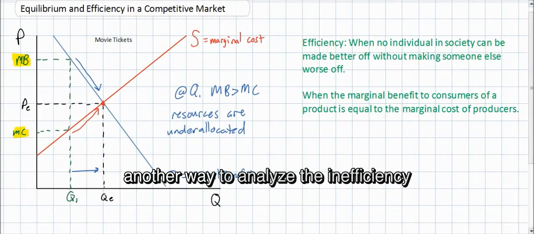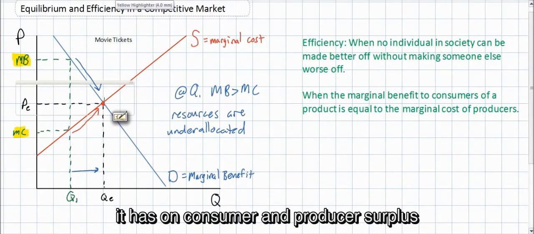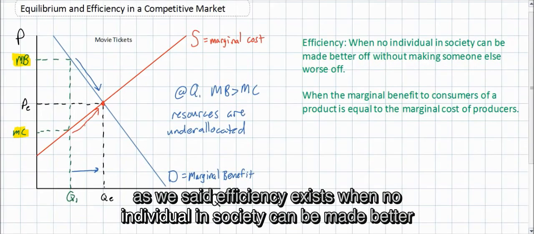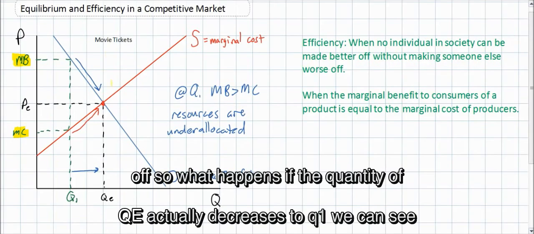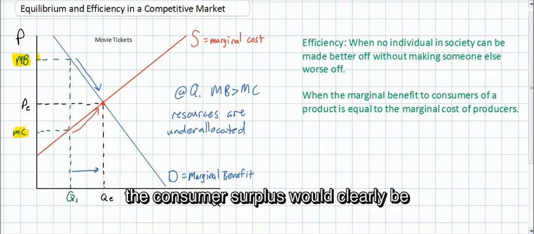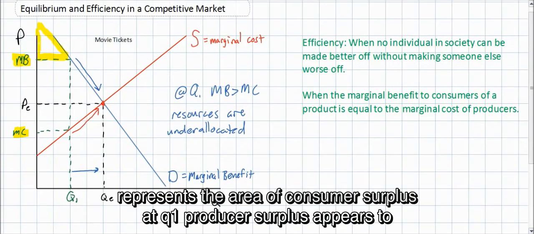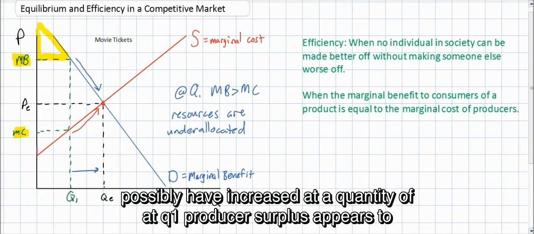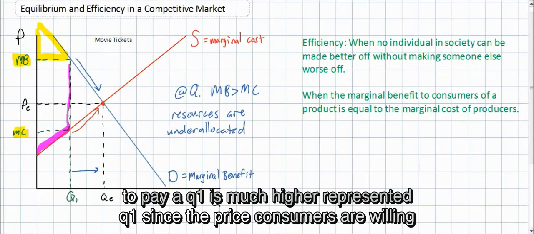Another way to analyze the inefficiency that exists at a quantity of Q1 is to examine the effects that it has on consumer and producer surplus. As we said, efficiency exists when no individual in society can be made better off without making someone else worse off. So what happens if the quantity of QE actually decreases to Q1? We can see the consumer surplus would clearly be lower. The yellow triangle here represents the area of consumer surplus at Q1. Producer surplus appears to possibly have increased at a quantity of Q1, since the price consumers are willing to pay at Q1 is much higher,